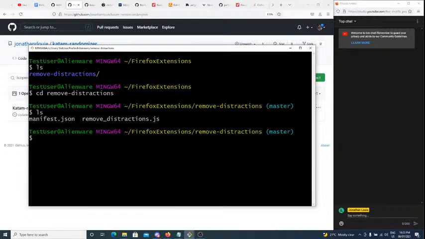I'm going to show you how to make a Firefox extension, or as I've titled it, Baby's First Firefox Extension. It's really, really easy. All you have to do is create a directory like the one that I have here, remove distractions. You can just do mkdir remove distractions, right? And all you have to do is create a manifest.json file,